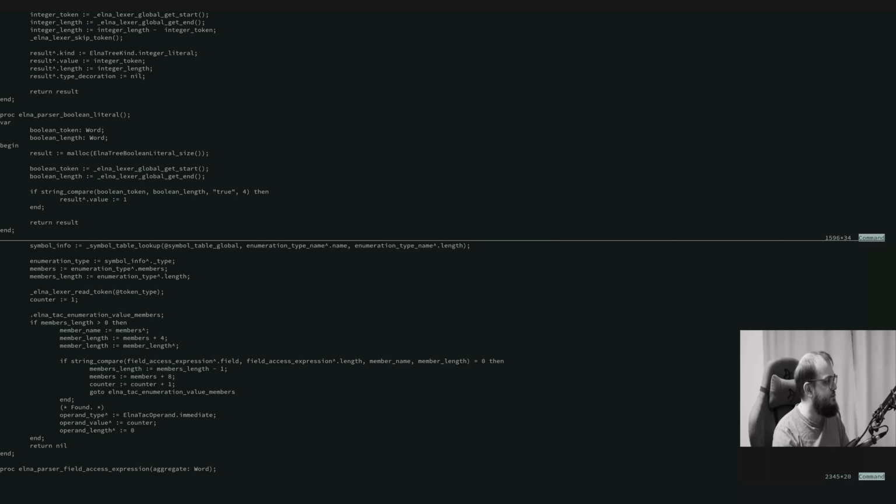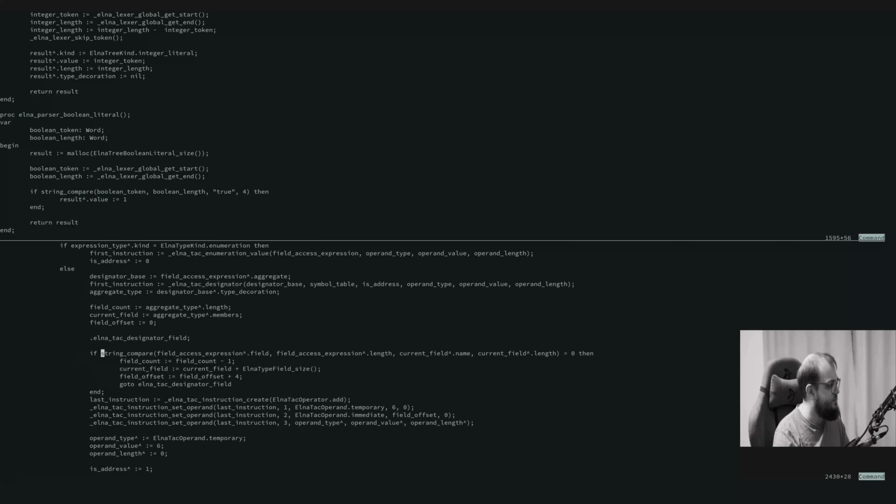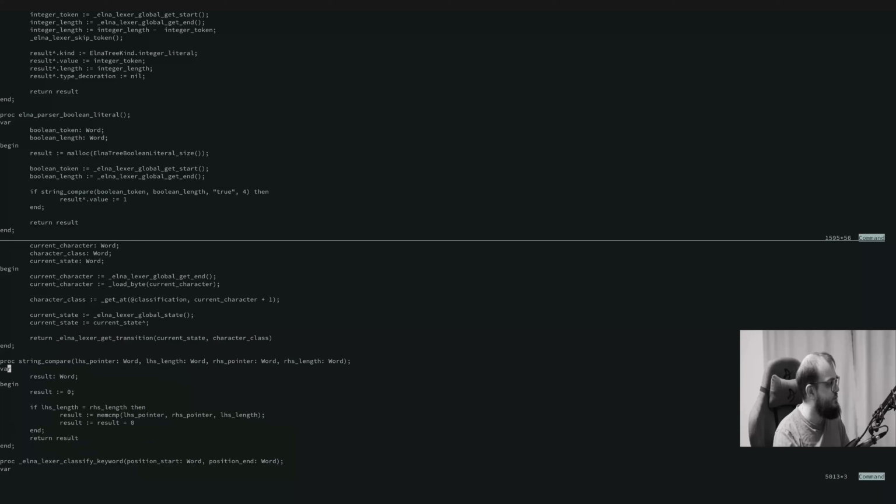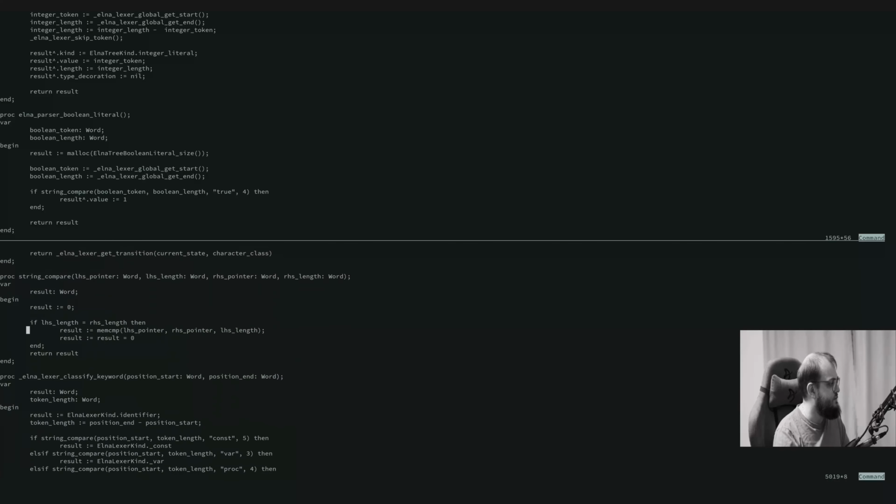Otherwise it is false. So actually it can even be simpler. I think string compare just returns 1 or 0. So it sets equality equals 0 memcmp result. Yeah, it actually should be enough. Then we just assign this expression to the value,